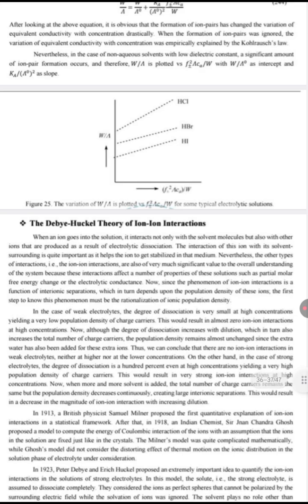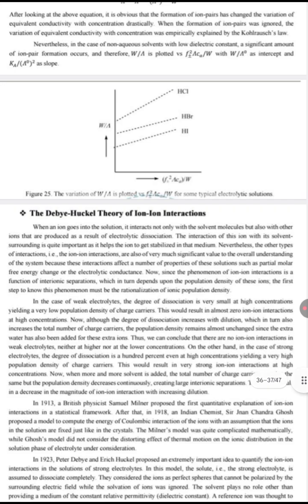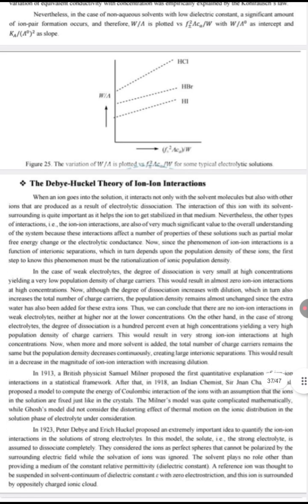After looking at the above equation, it is obvious that the formation of ion pairs has changed the variation of equivalent conductivity with concentration drastically. When the formation of ion pairs is ignored, the variation of equivalent conductivity with concentration was empirically explained by the Kohlrausch law. Nevertheless, in the case of non-aqueous solvents, with low dielectric constant, a significant amount of ion pair formation occurs,